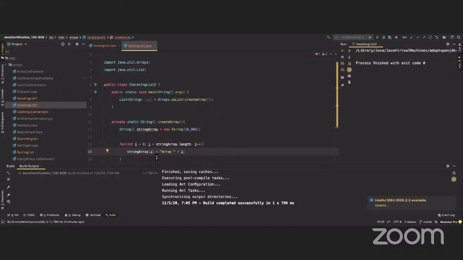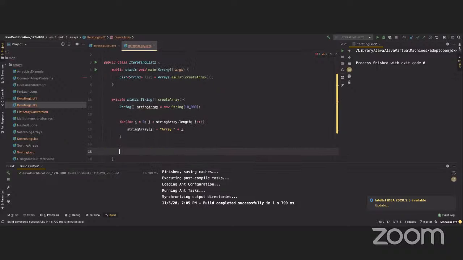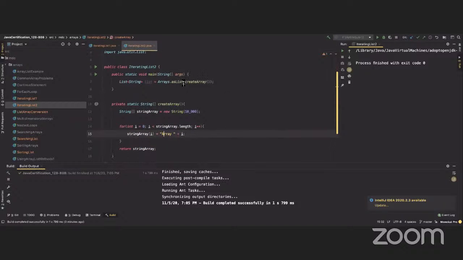And then we're going to do what? Because, you know, we have a return type here, an array. So we have to return stringArray. Okay? So whenever there's this method call, it's going to be a value that's going to be returned by this method here. Okay? So now that we have that sorted,